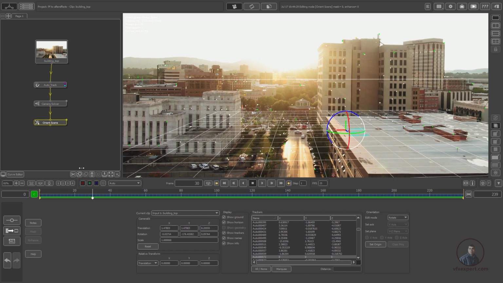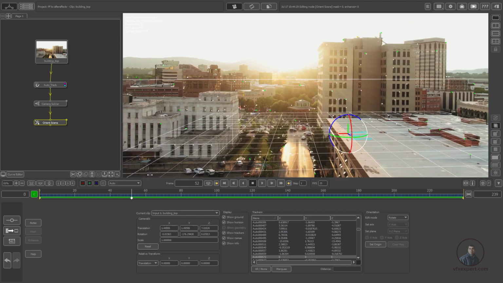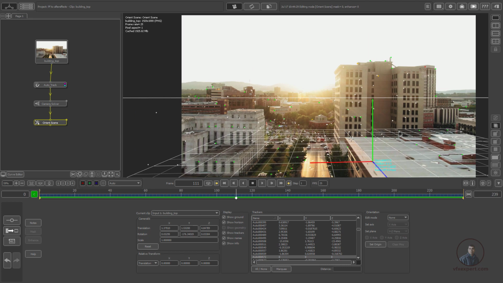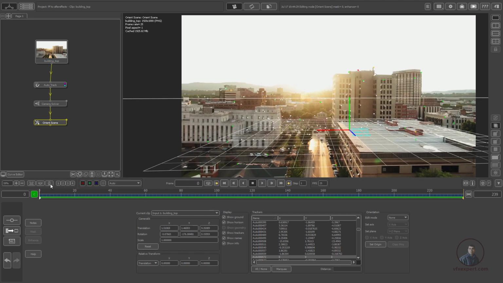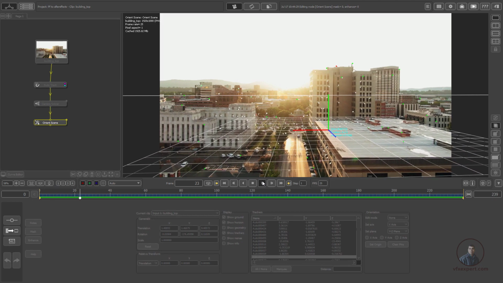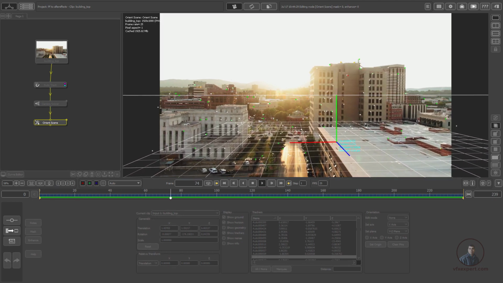So maybe now just check. So now here I have oriented our scene. Then after this again we have to click on this none option here. So now play and check here finally. Play again, click on this fit view option. So easily we can fit our footage in this frame. Now play and check. So here this is looking good.